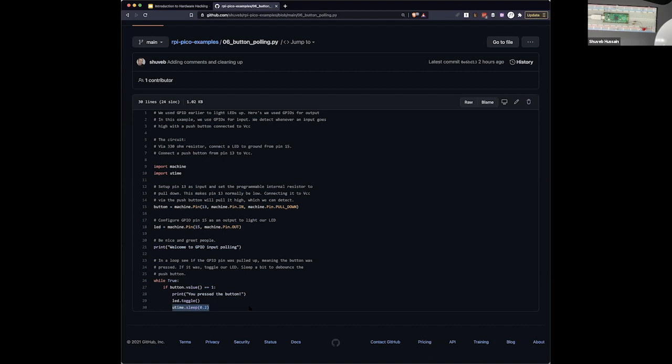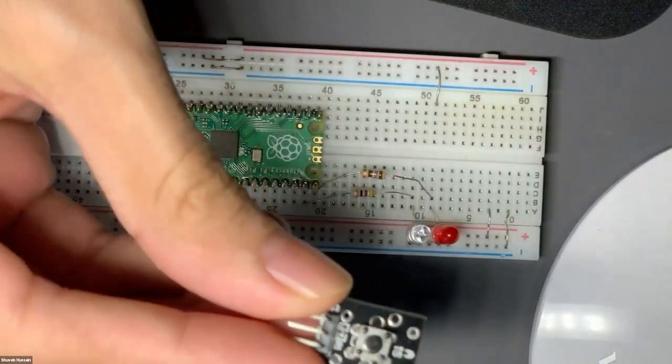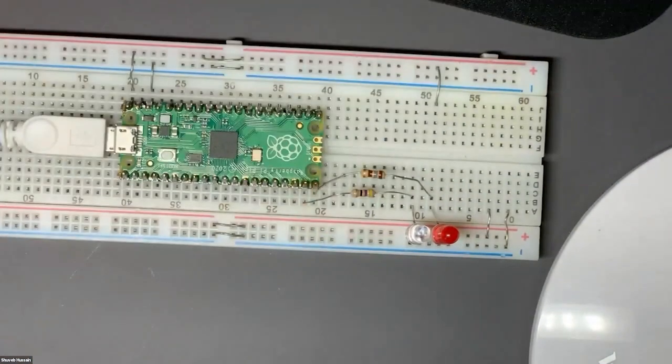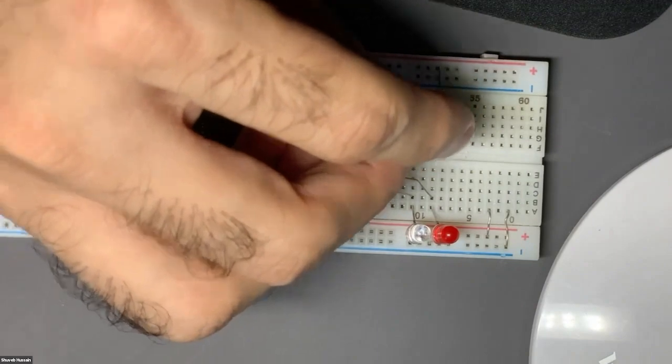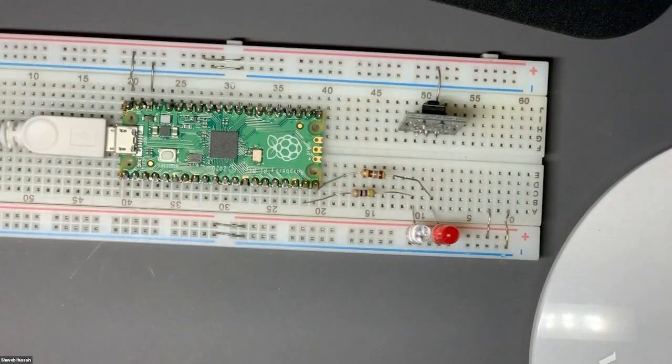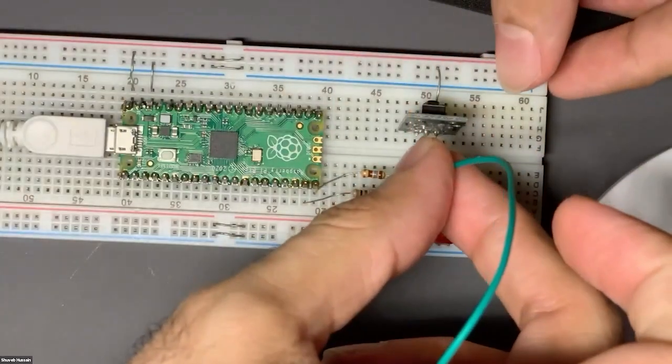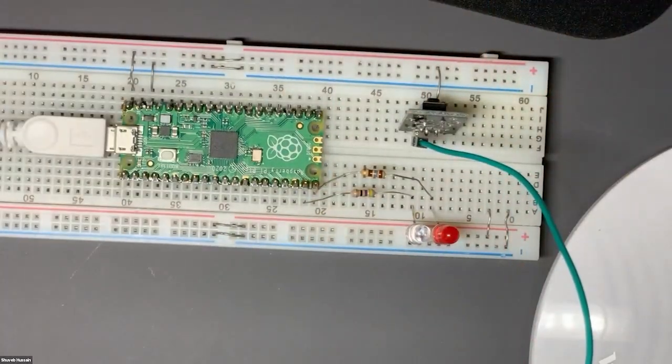So what I'll be doing now is connecting pin number 13 to the button. Let me show you the screen. Let me switch back. So this is a push button. Very simple button: when you push, you just connect two wires. I'm going to connect it here, and then take a little wire, like this wire, and connect this to... let me check which pin number I'm supposed to connect it to.